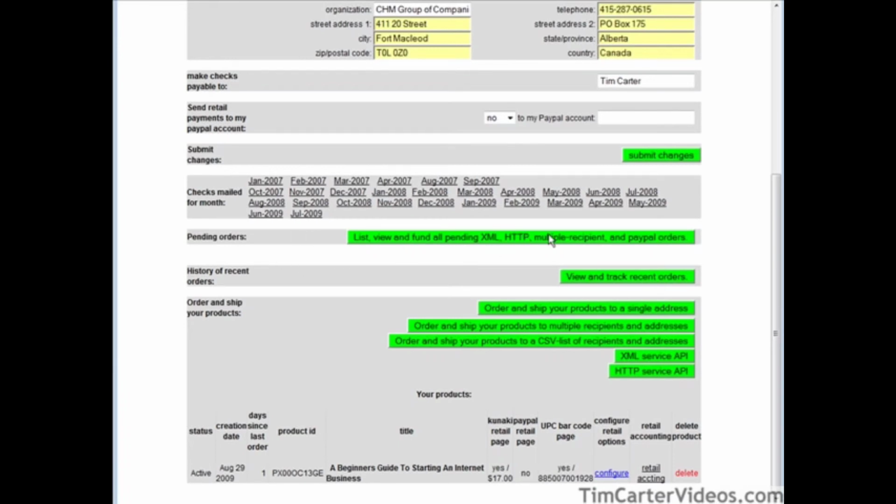Okay, now pending orders. We just talked about that, and this is where your PayPal orders would be if you took the PayPal option. We talked about view and track recent orders. Now down here you have different ways that you can order and ship your products manually. So you can order and ship your products to a single address, you can order and ship your products to multiple recipients and addresses, and you can order and ship your products to a CSV list of recipients and addresses. CSV is like a spreadsheet type of format. So you need to format those properly, and then you can use that as a list of where to ship